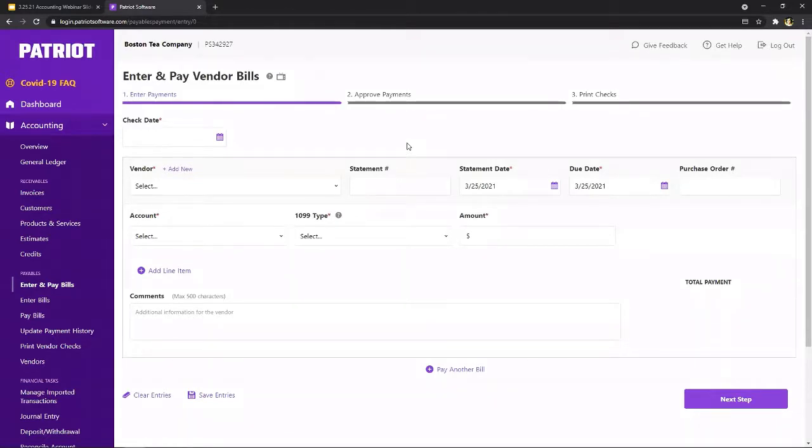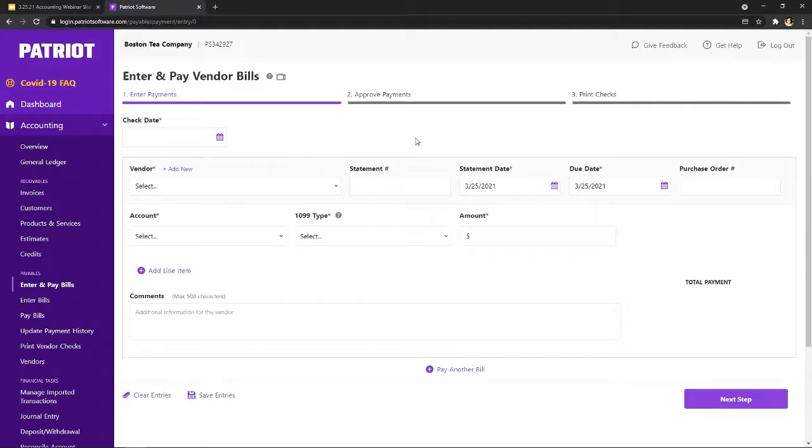I want to point out that this process for entering and paying bills is just to pay by live check only. So this is where you will purchase check stock, either pre-printed check stock with your check numbers on it, or you can use blank check stock for accountants who need to print out of different bank accounts for their clients. I want to point out that you can pay 1099 contractors with direct deposit in our payroll software. So you have to have payroll, and you can pay direct deposit to 1099 contractors with payroll. If you just have accounting, or if you have both accounting and payroll, this screen is just to pay live